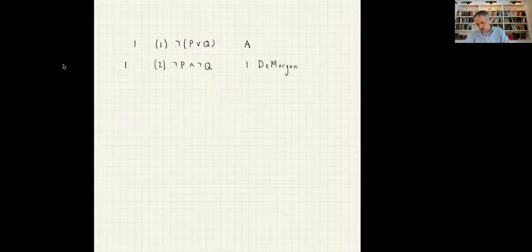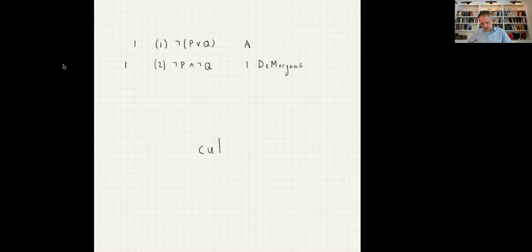So this is not a new rule. What you're seeing is what you could have done in, say, 13 steps before. If you remember that you could do it in 13 steps, you can do it in one step and say, remember, I could do it in 13 steps. Okay, so that's the most basic form of using a complicated rule that's described in chapter 4,